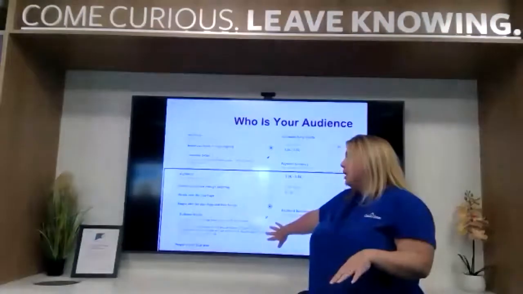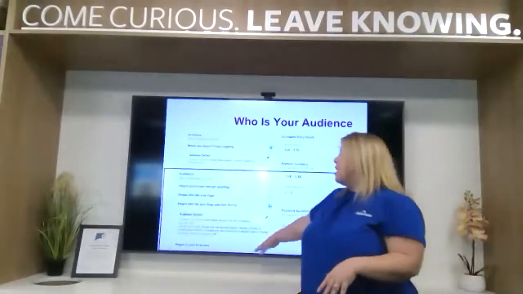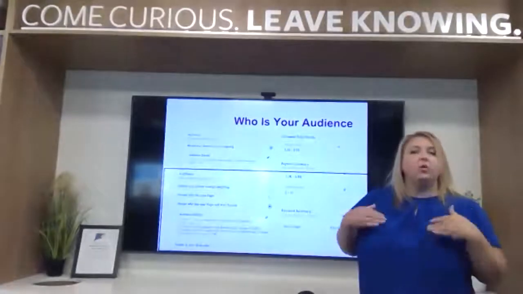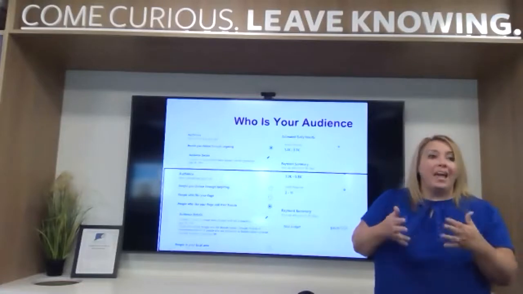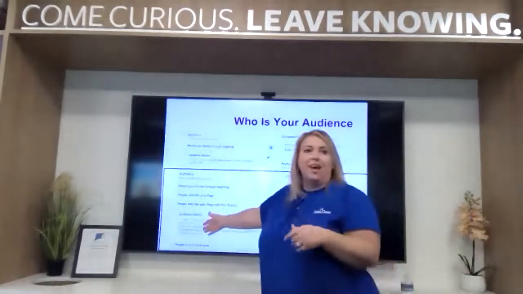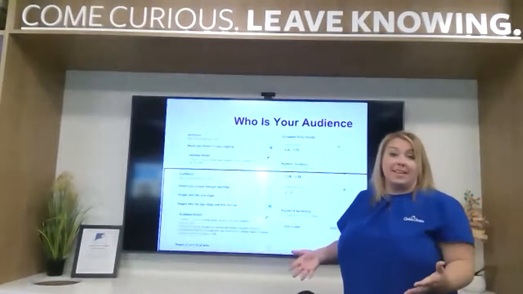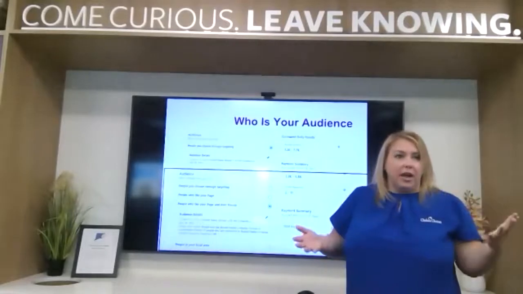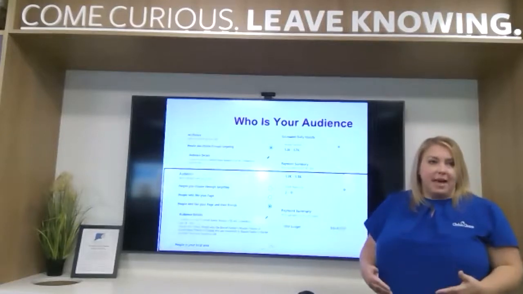You can choose your audience details. So if you're a roofing contractor, you probably do not want to go down to age 18, because no 18-year-old is going to hire you to come out and replace their roof. So thinking through who is your age demographic for your business is really important, because you don't want to spend marketing dollars on hitting an 18-year-old when that's not somebody that you would want to be your client anyway. So you may want to up that age to say 30. Like, who would be the homeowner? Like, at what age are they going to be the homeowner that makes that choice? Okay.